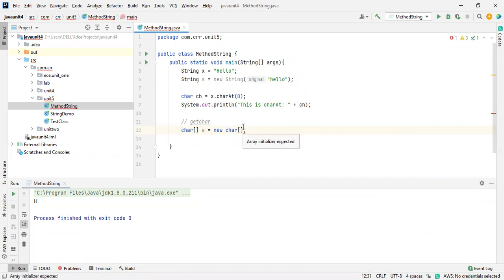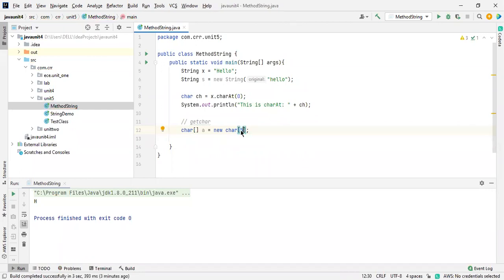I already mentioned the drawback of arrays: you need to mention the size, or else you need to initialize it like this, like B. This is the initialization. This is one way, or else if you are going to give the input from the keyboard, then you have to mention the size of it.